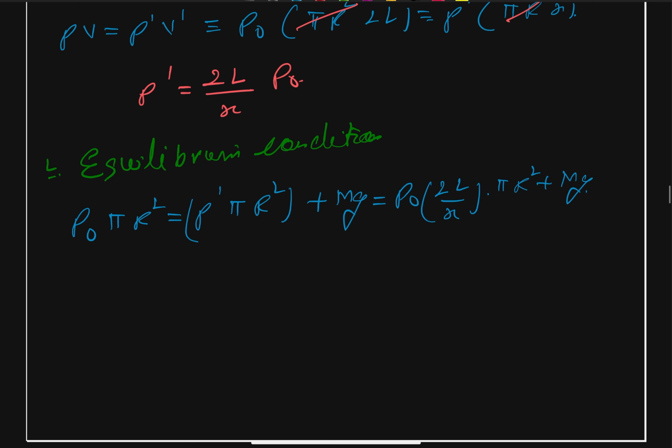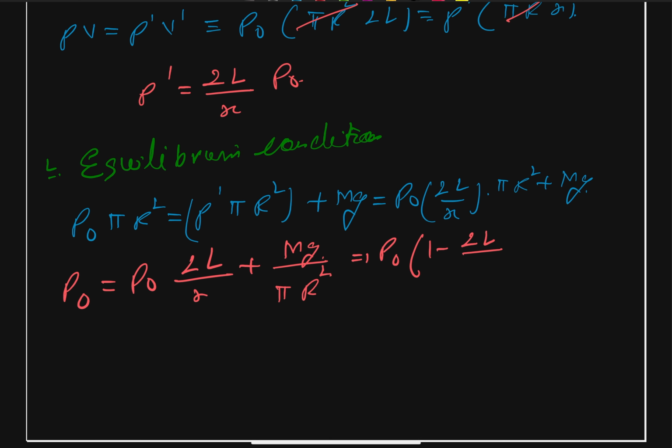we can write this as our P naught, and if we divide throughout by pi r square, this will be coming as P naught 2L upon x plus mg upon pi r square. P naught terms we can just move to our left, so this comes as P naught 1 minus 2L upon x is equal to mg upon pi r square,